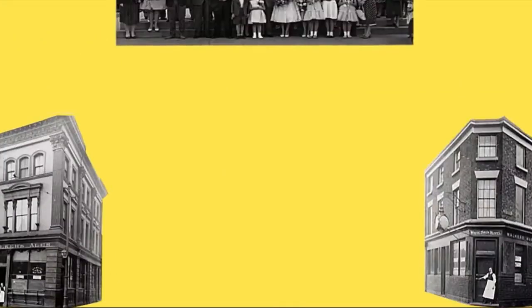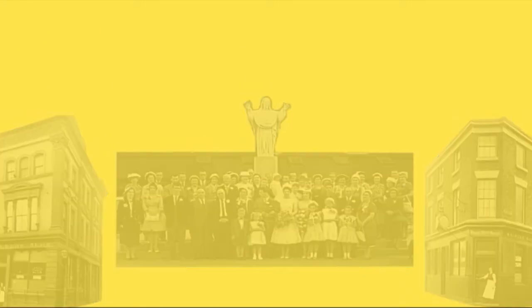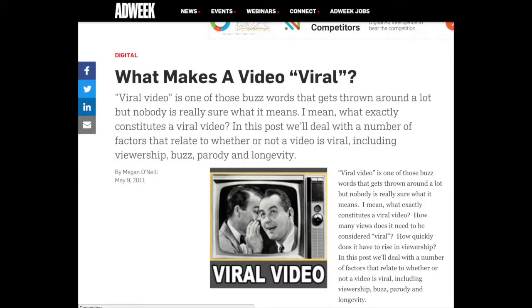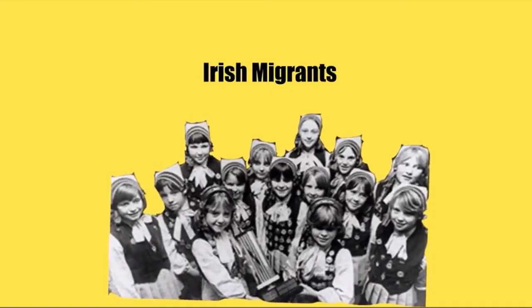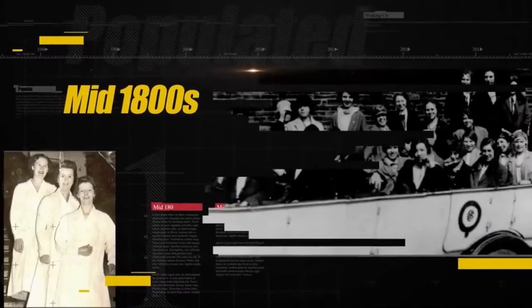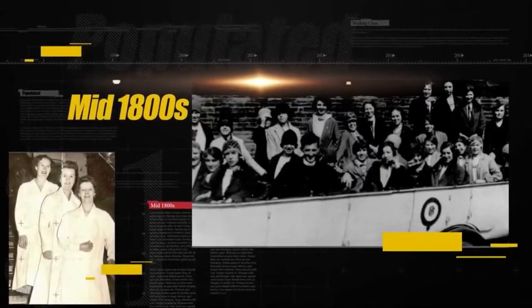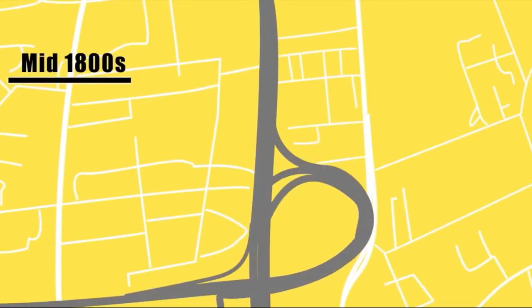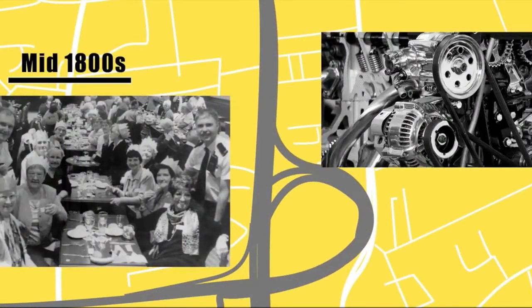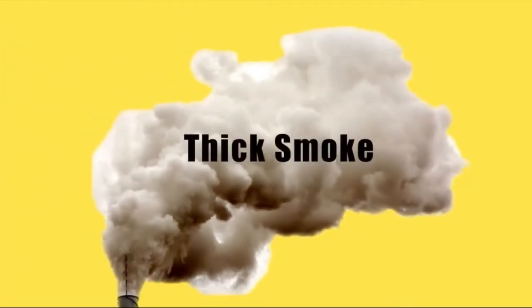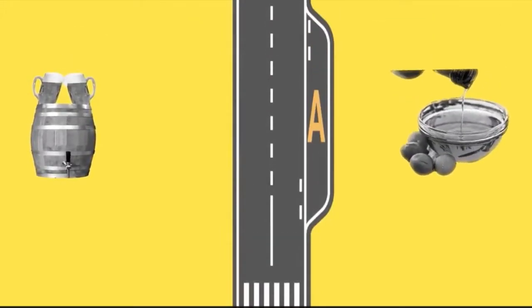It seemed appropriate to tie in a theme of nostalgia and history into the video. An article from Adweek suggests that the viral video needs to make the viewer feel something such as admiration. Knowing that our target audience was of the older generation and those who will have witnessed the Scotland Road community, it seemed relevant to apply the history into the video. As the article presumed, Generation X, people over the age of 40, are more likely to respond to nostalgia and, in our case, share the video.